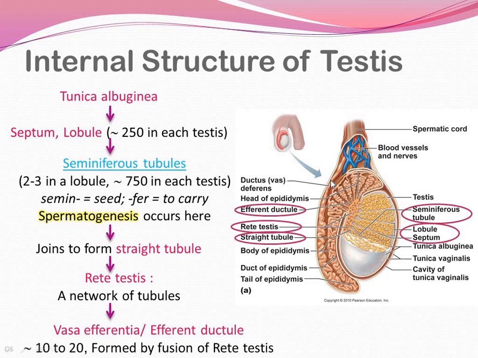The diameter is quite big. Here there is a small structure, and that's why we do not call it a duct, we call it a ductule, right? Additionally, because it moves the content outside, that's why we also call it efferent, right? So vasa efferentia are these small structures, and there are at least 10 to 20 such tubules present,